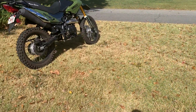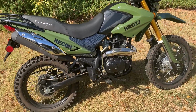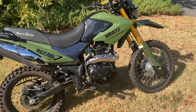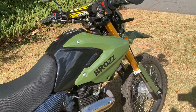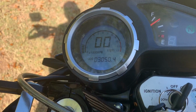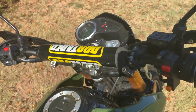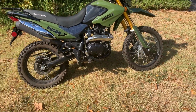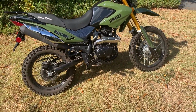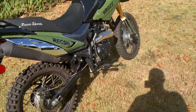Alright guys, I've got my bike here and I've been riding this quite a lot actually since August 15th. I titled it to myself and it's now October 17th and we're at 3,000 miles. So this is like a 3,000 mile update. 3,000 miles in roughly 2 months. So I have been riding this much more than the average guy who has a Brozz or any Chinese bike